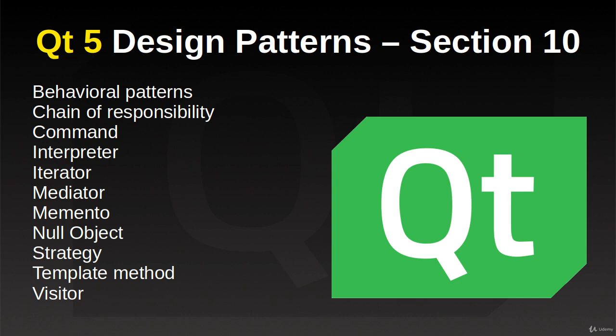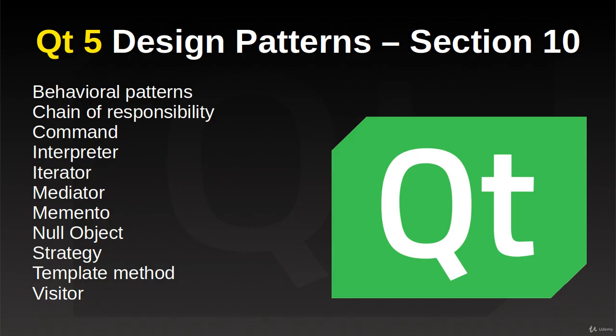This is Qt 5 Design Patterns Section 10. This section deals with behavioral patterns, or how your program behaves. These are industry standards, so this is not Qt specific. We're going to talk about the chain of responsibility, which is a way of passing a request between a chain